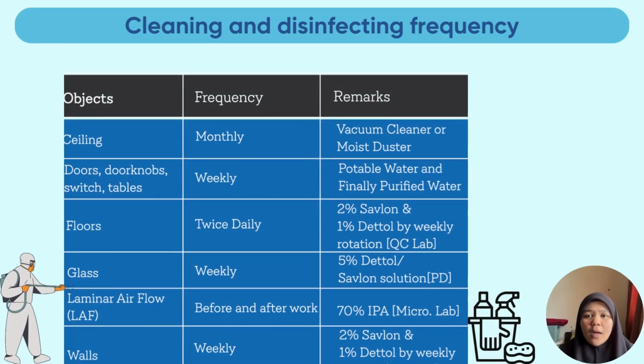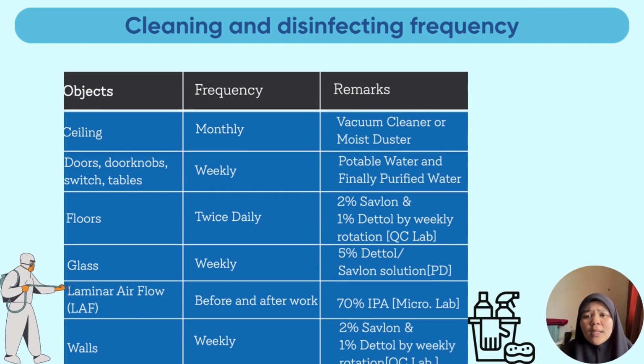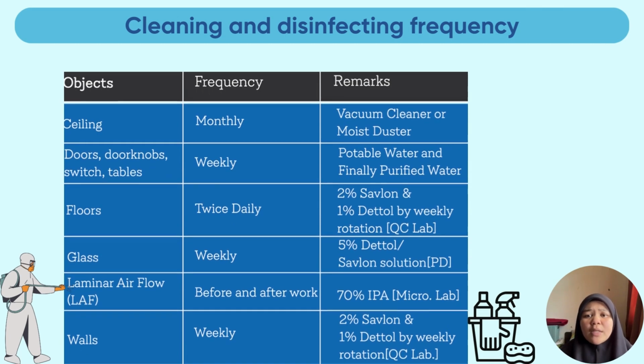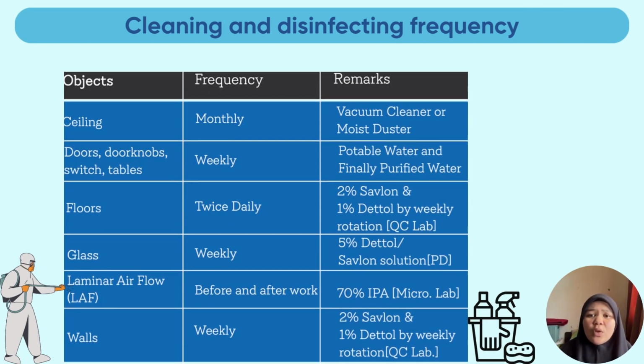Based on guidelines from Pharma Guideline, cleaning and sanitizing in quality control, QC, microbiology, and production departments should follow a structured frequency to ensure sterile conditions. Ceilings are to be cleaned monthly using a vacuum cleaner or moist duster. High contact surfaces like doors, doorknobs, switches, and tables are cleaned weekly using potable and finally purified water. Floors require more frequent attention, being cleaned twice daily using a rotating combination of 2% Savlon and 1% Dettol in